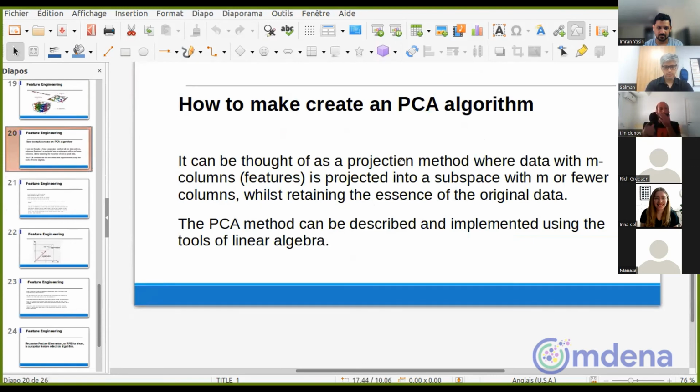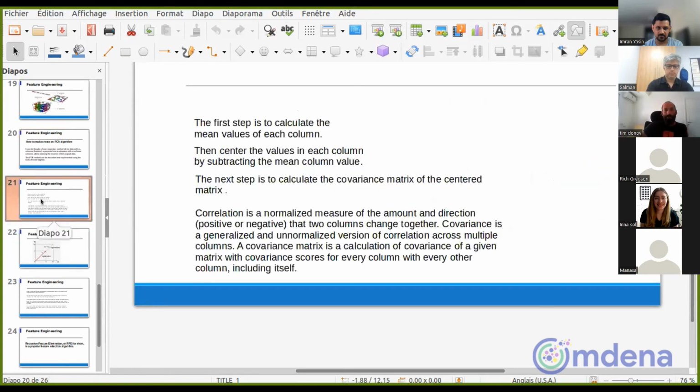So how does the PCA algorithm work? It can be thought of as a projection method where data with m columns, or features, is projected into a subspace with m or fewer columns, where it retains the essence of the original data. So I will try to show it in our